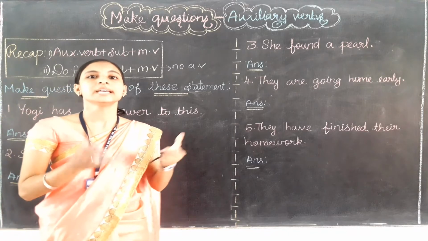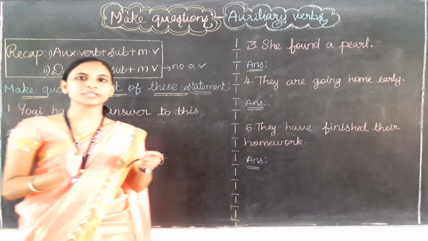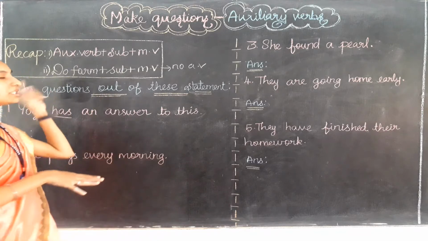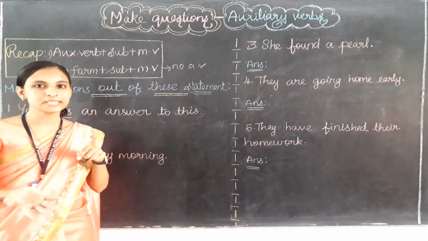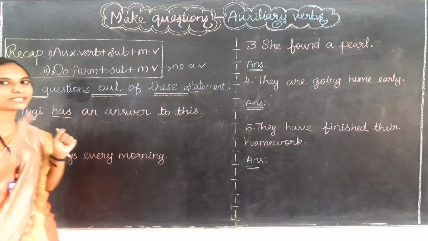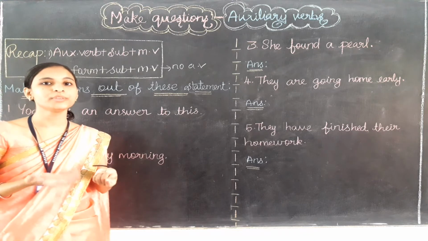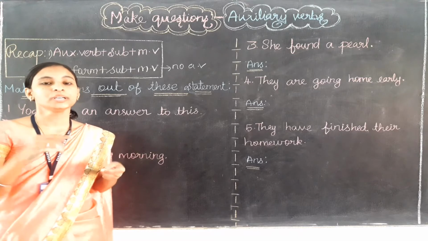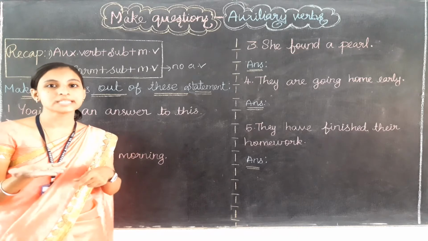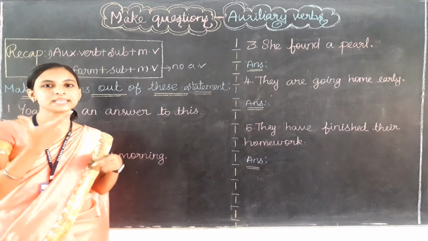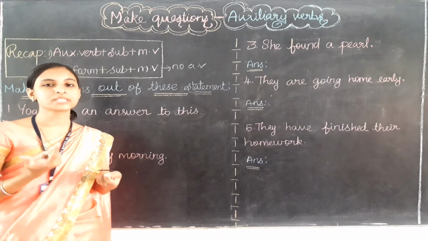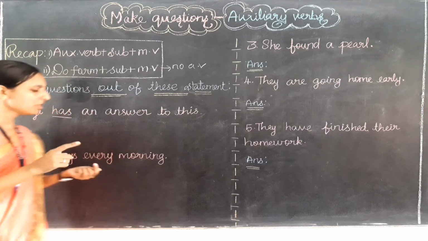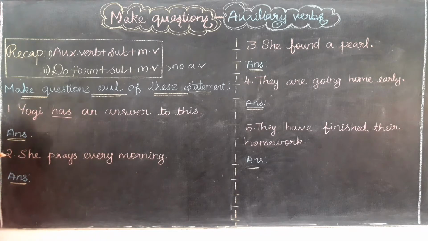Then it means this statement is also talking about the present only. So we need to find the present time verb. The subject Yogi is a singular noun. Which verb do we need to use from the do form? Yes, we need to use does only. Am I right? Does is the present time verb which can be used for the singular noun. Here Yogi is a singular noun only, a single person. So the answer will be does.